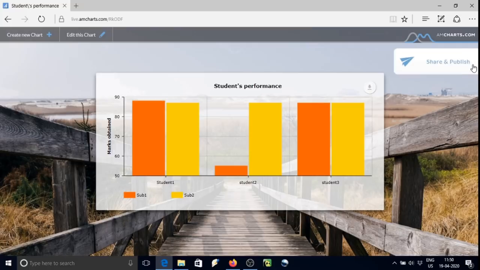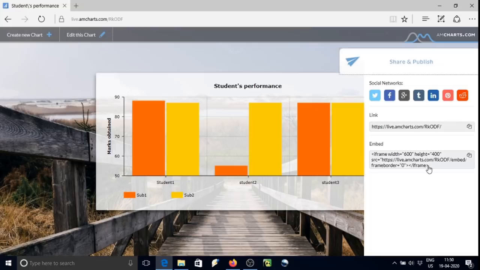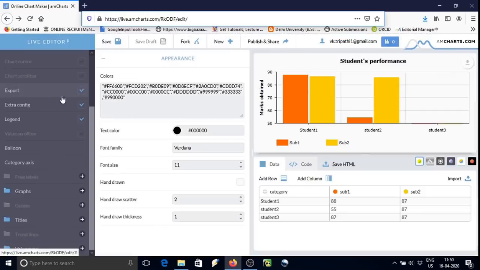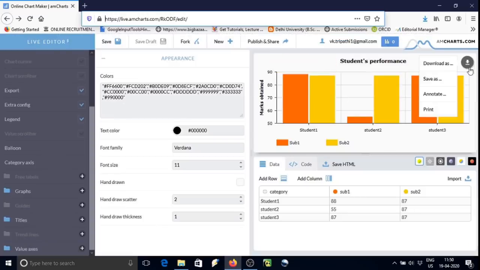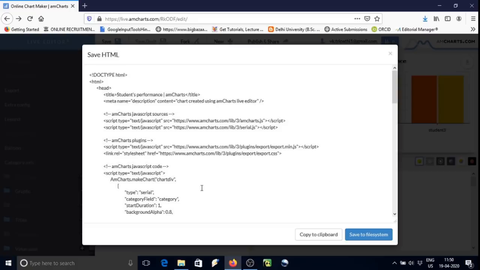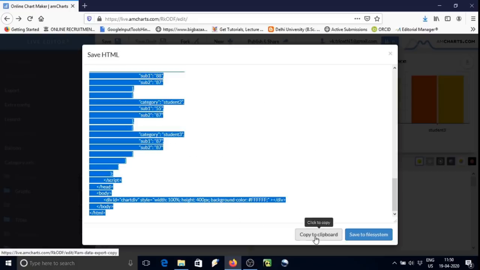So here we see that the graph is appearing. There is a link already available there. We can copy and paste it wherever we want in our web page or other places. We can use other download options as well. Now we will see the code. Click on Save HTML and copy the code